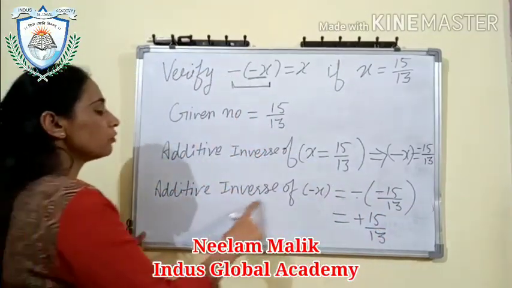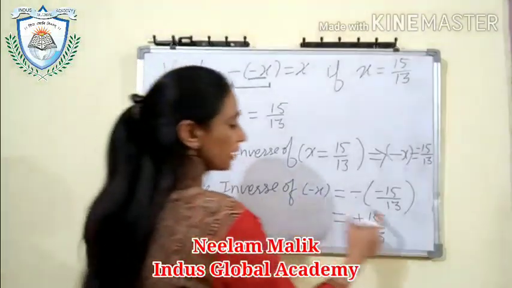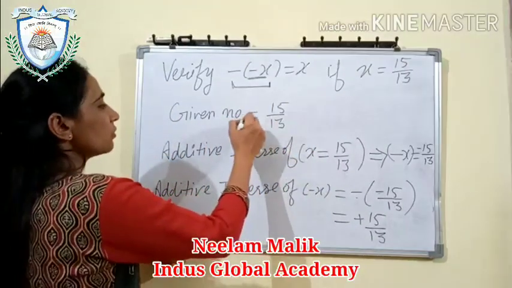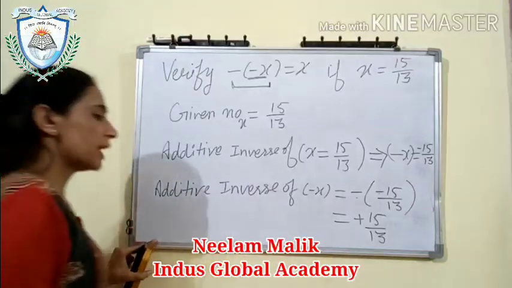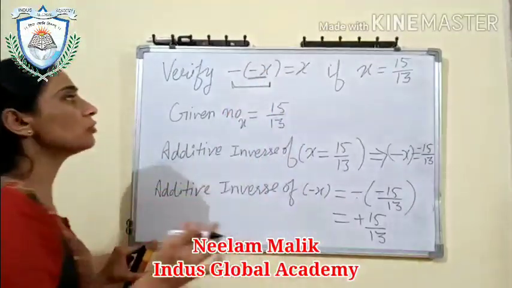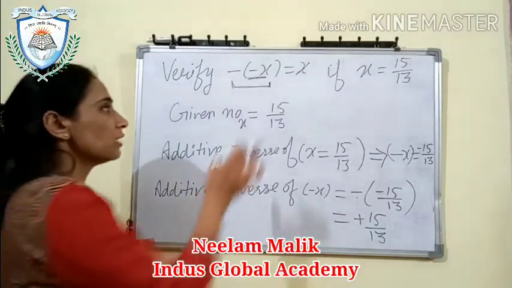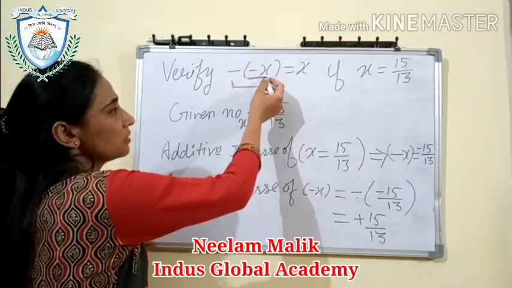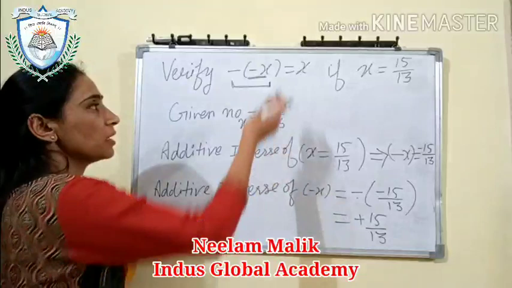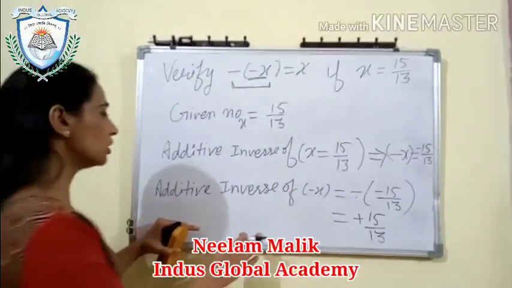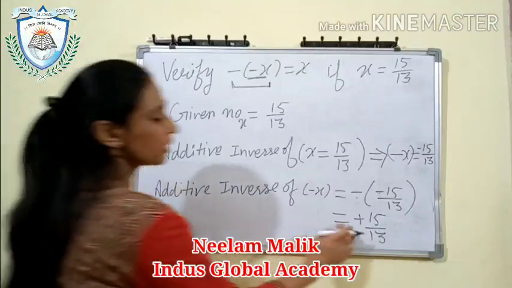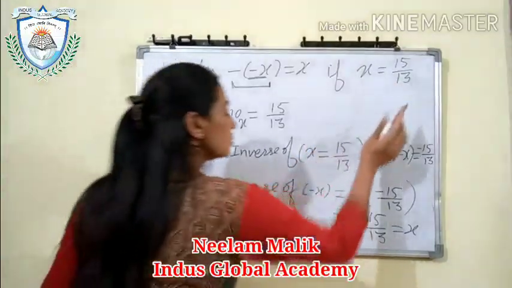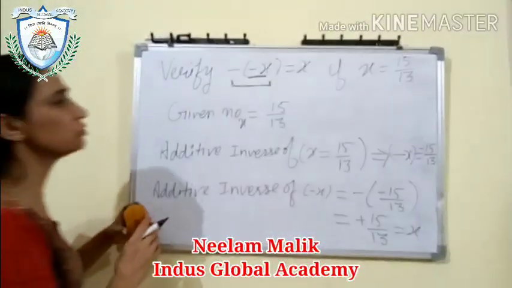And what is that? The additive inverse of the additive inverse of x is equal to the actual number. That means x. What was x? It was x. Given number x is equal to this. So if you do the additive inverse of a number and again do the additive inverse, that will be your actual number, because we are changing the sign twice. Suppose first this is plus, it will be minus, and then from minus it will be plus, so you will get your actual number. So you have to do this kind of sum like this. Okay, so you are getting the actual number, that is equal to x. The value can be changed. Please do the practice with different numbers.